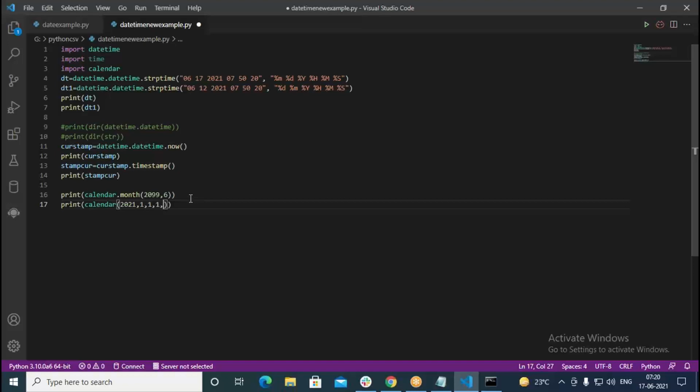The other thing is how many months we require in a row. I just give this as 3. So in a row, it's going to give you 3 months.